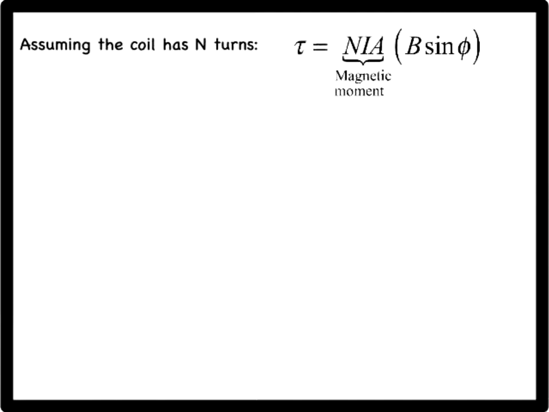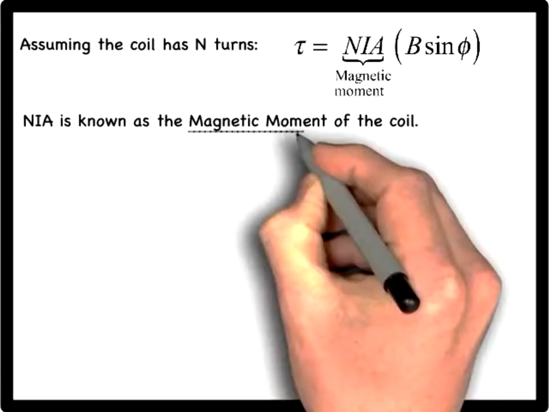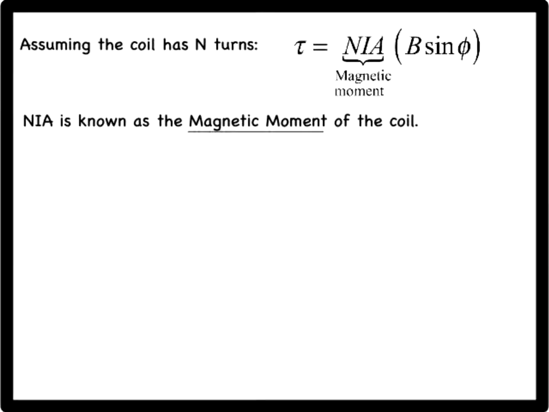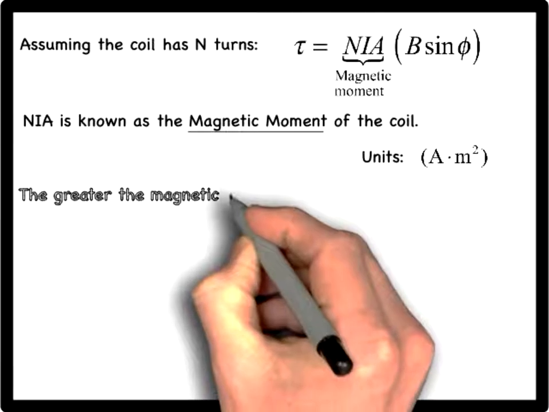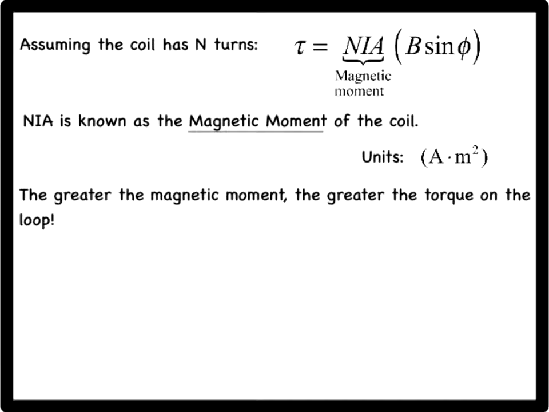The torque depends on the geometric properties of the coil and the current in it through the quantity N times I times A. This quantity is known as the magnetic moment of the coil, and its unit is ampere times meter squared. The greater the magnetic moment of a current-carrying coil, the greater is the torque that the coil experiences when placed in a magnetic field. As one example of an application utilizing the magnetic force on a current-carrying wire, we consider